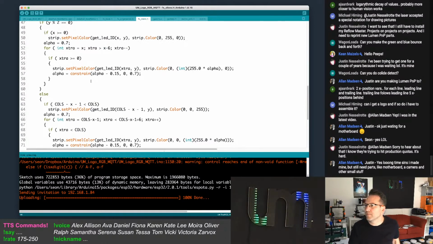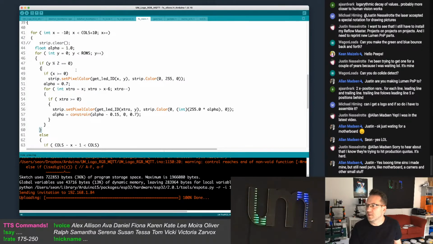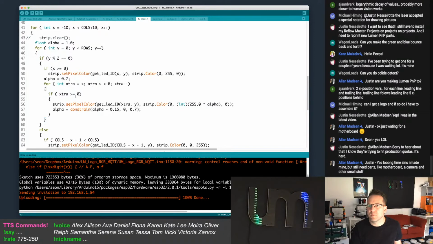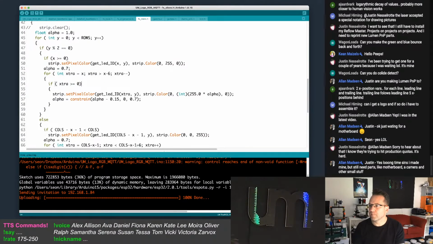Okay, this is not... I'm trying to think. I should be starting off... So this should be... I don't understand. That looks like it's working. But then why is it... Oh, right. I know why. I was about to write it in Python. If x is less than Coles minus 1.